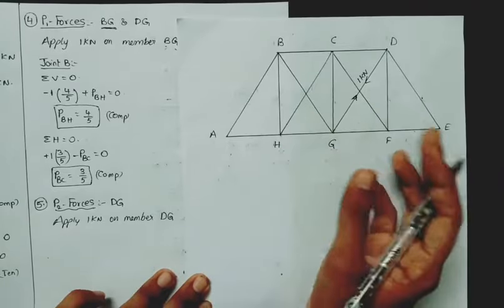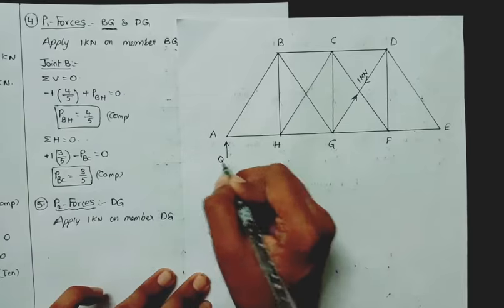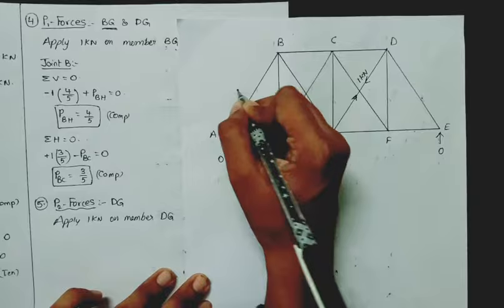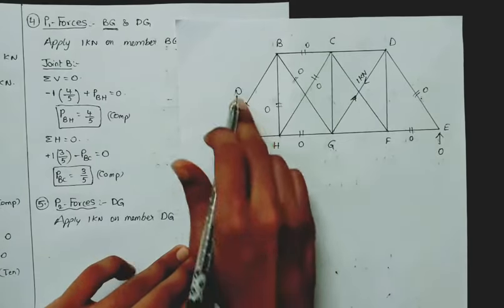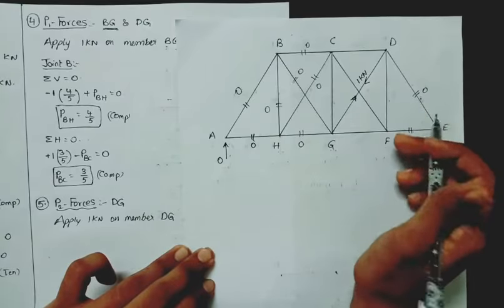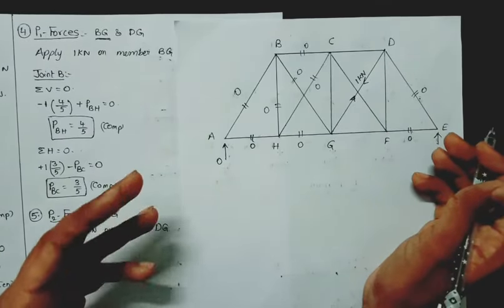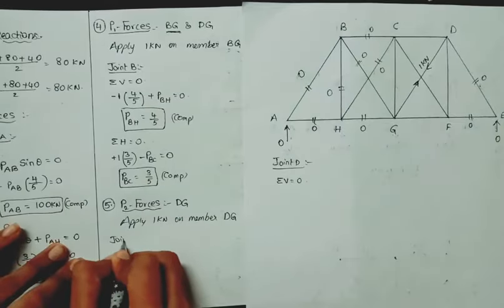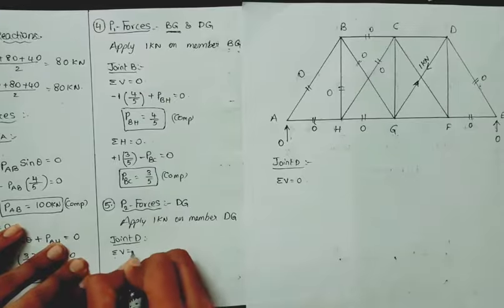Now I will analyze the truss by using the method of joints. Since there are no external loads, the external reactions will be 0. So these are the 0 force members. If you want, you can analyze it. These are the 0 force members which I have directly written without any calculation. If you want, you can take each joint and analyze that joint and you will get 0. I will take joint D as an example and apply sigma V equal to 0.